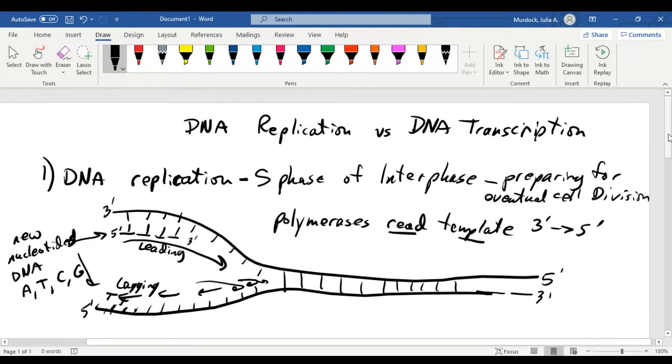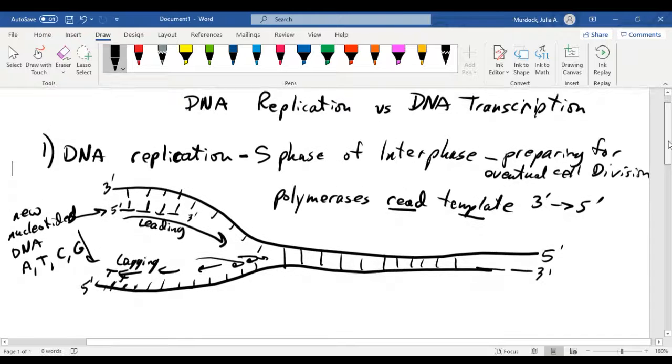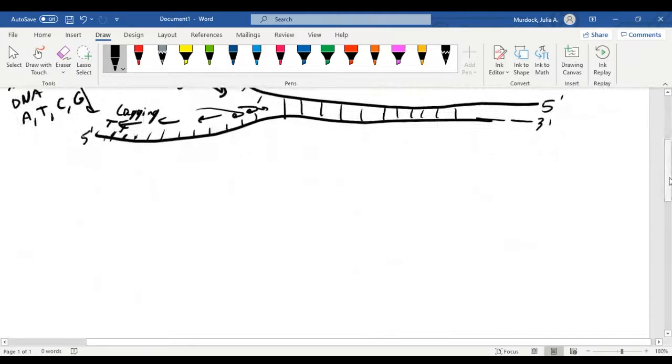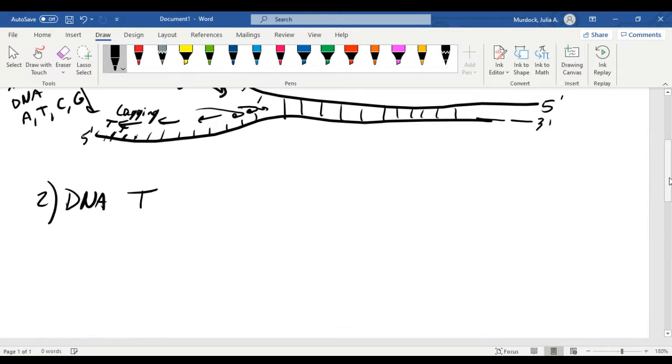I didn't go over the other enzymes because I was more concerned with people understanding the 3 to 5 direction, which seems to confuse people, and leading versus lagging. All right. Now with DNA transcription, what we're going to look at today, right? If you're transcribing